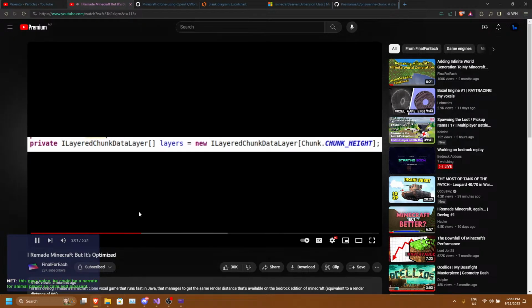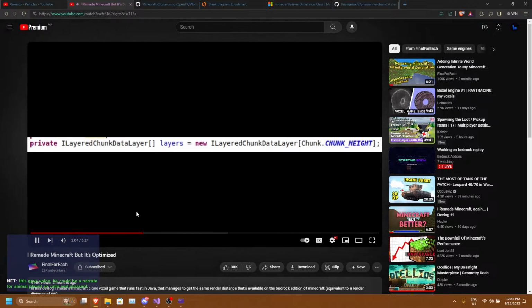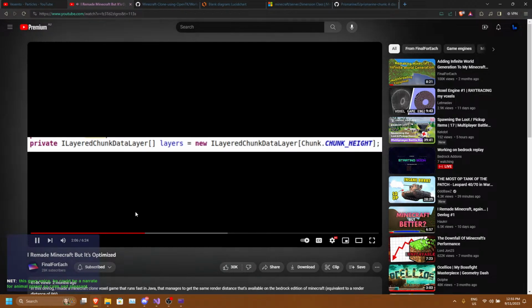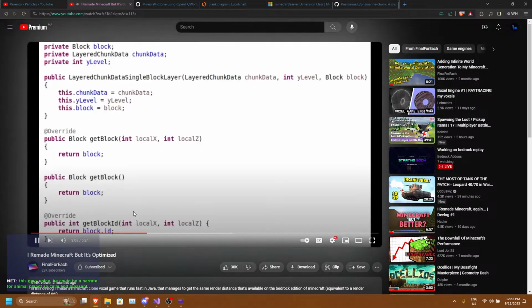We can improve things even further by separating a chunk into wide layers, and if the blocks are all the same in the same layer, then just replace it with a single reference. This means